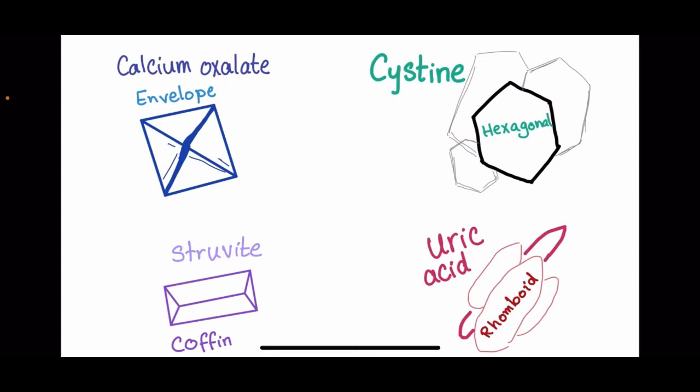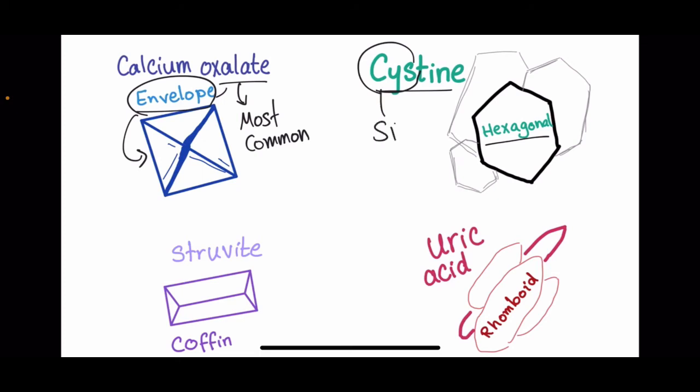The mnemonic, or the way that I remember it, is that calcium oxalate stones are the most common type of stones. So the envelope is the most common shape that you see in your life. You receive and send mail all the time. So calcium oxalate, envelope. Let's go to cystine stones. They are hexagonal in shape. How do I remember it? Cis looks like 6. Okay, especially if you know French or Spanish, it's pretty close.